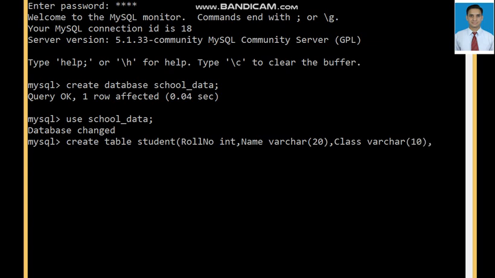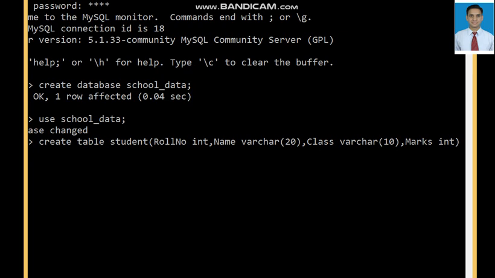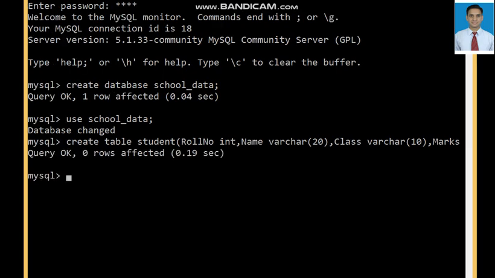And we will take another field as well, that's marks. The marks field is an integer type, right? And a semicolon. At the end of each SQL statement, write a semicolon to terminate that statement. Once we enter it, Query OK means the table has been created, right?